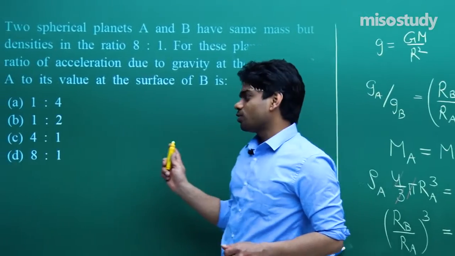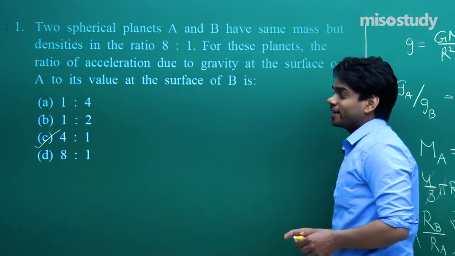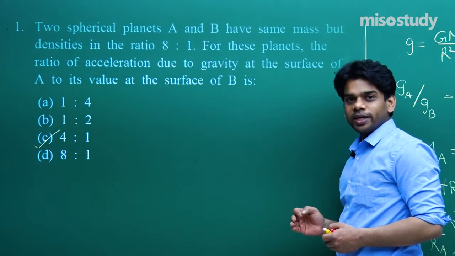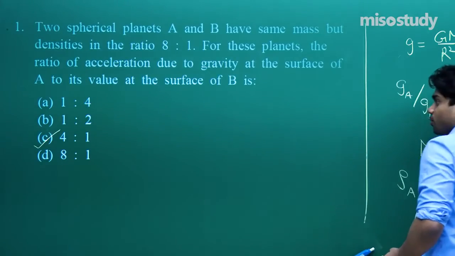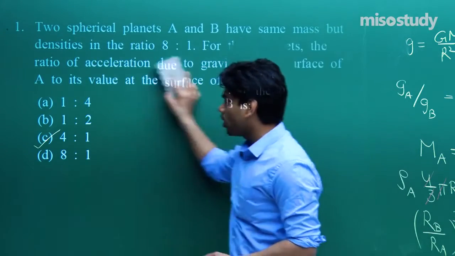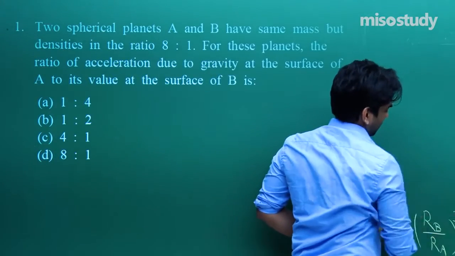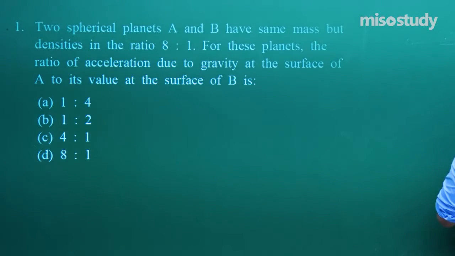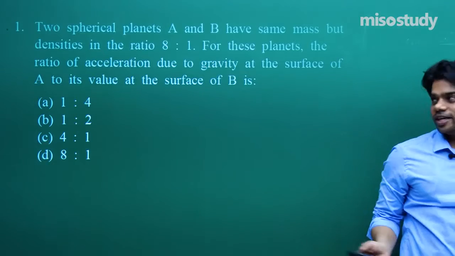Let us check which of the options is correct. Option number C, that is 4:1. So you need to take 4:1 as your right answer. Proceed stepwise and you will get the right answer. Let's go ahead with the next question of the class. Before that, let me get the board ready for you all. So this is the way that you have to proceed with such questions. Let's go ahead with the next question of the day.